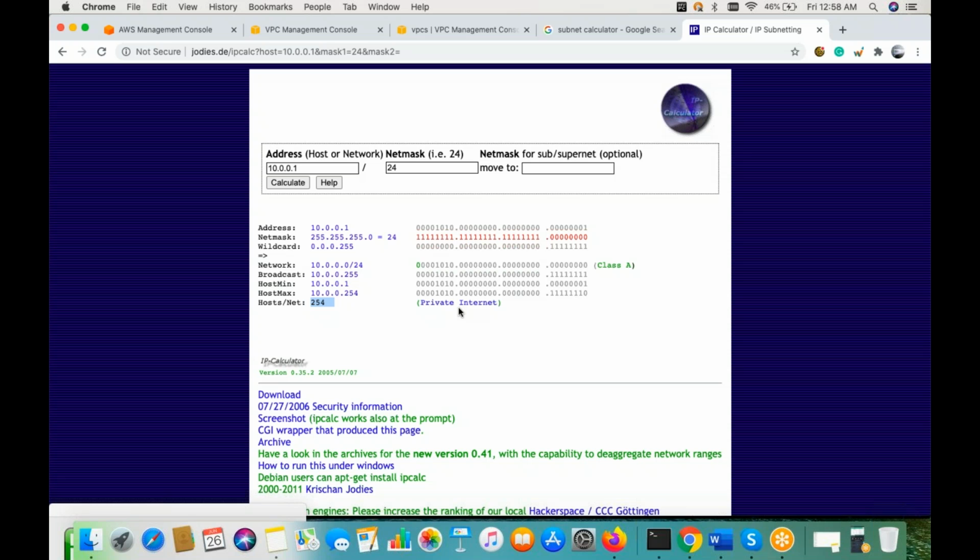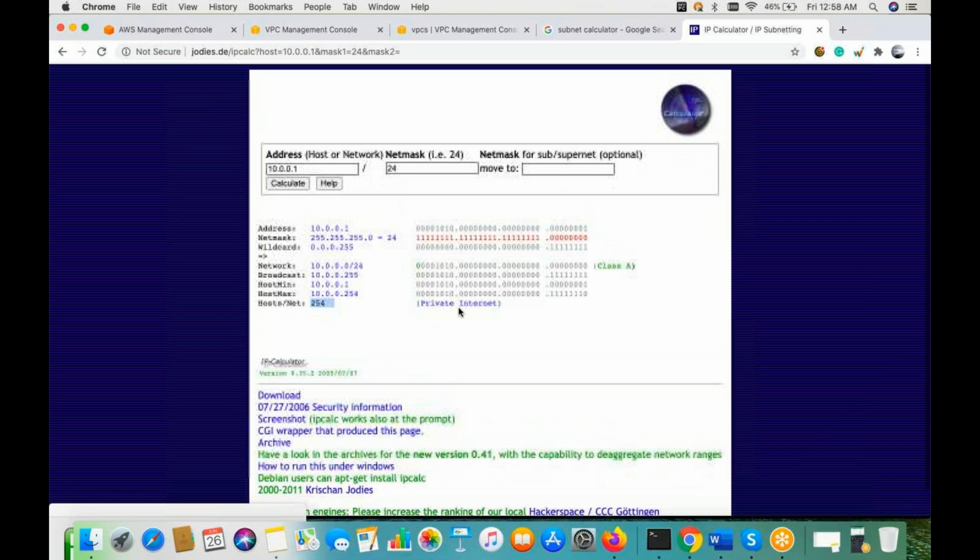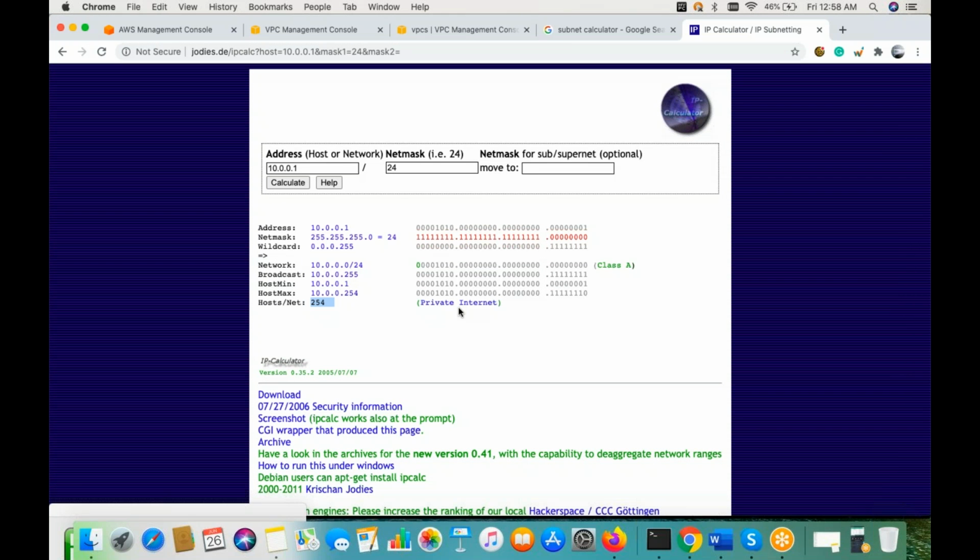Okay, I know this is a totally different concept from cloud computing, because this is IP address calculation which we have been doing for a very long time, whether it's a physical data center or a cloud, right? So both options are available, which we always refer to.